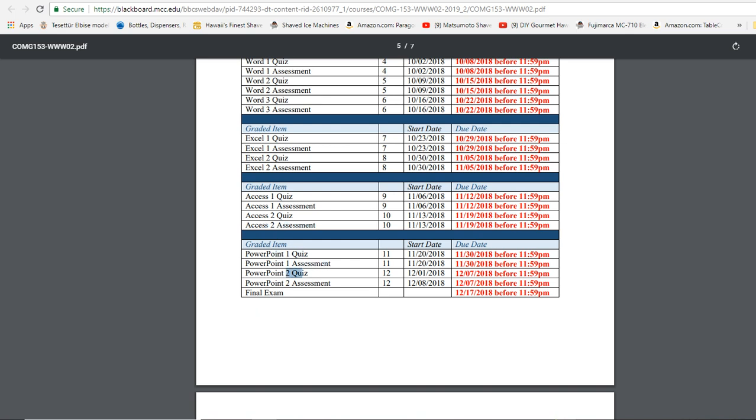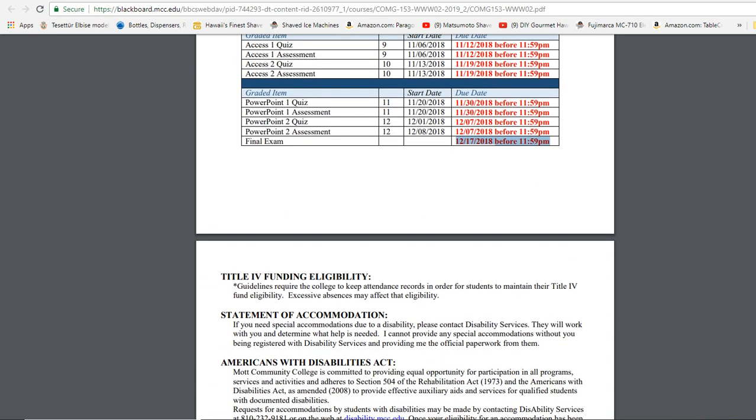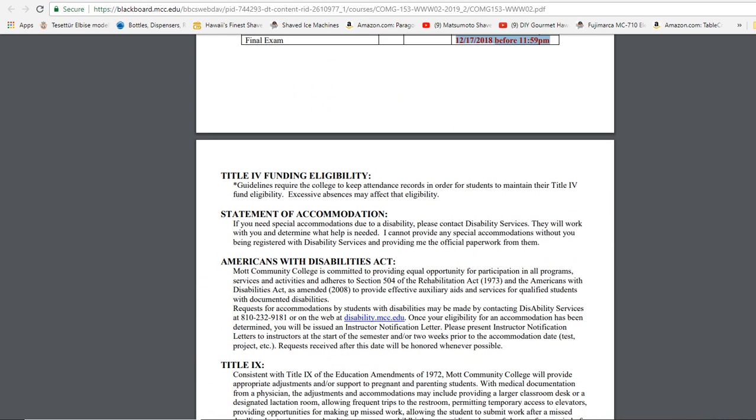A quiz and assignment, a quiz and assignment, and then you'll have a final exam, which you'll have to complete before December 17, 11:59 p.m. Now, Title IX funding, if you're eligible for that, or Disability Act, if you're eligible for that, please